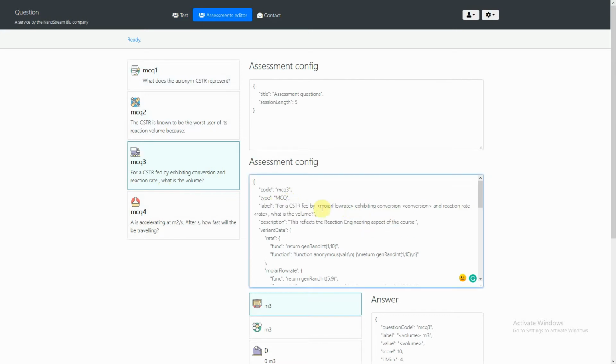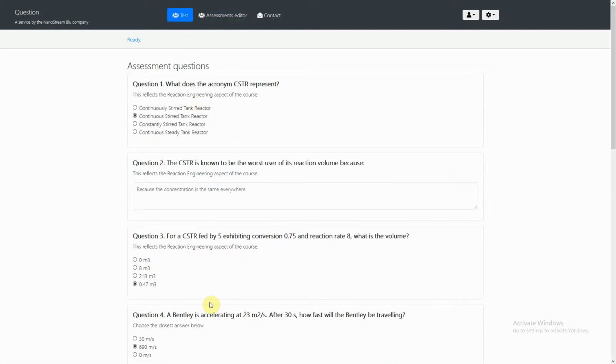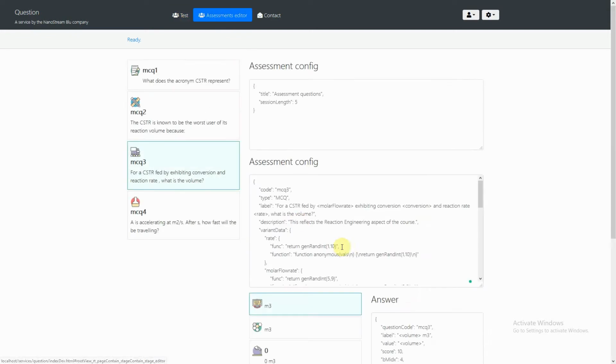And now you'll see these angle bracket tags in here. So molar flow rate, conversion, reaction rate. So you see, instead of numbers, we have what looks like a tag. So for a CSTR fed by something exhibiting conversion something. Let's look at what we have here. So for a CSTR fed by 5, and we should write something like moles per second in there. So we can provide the units in the text, which you would do here. So molar flow rate, and we can just write here moles per second. I'm not going to update that yet, but anyway, you can